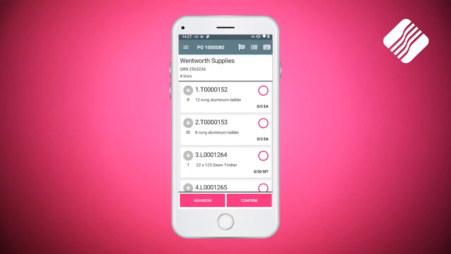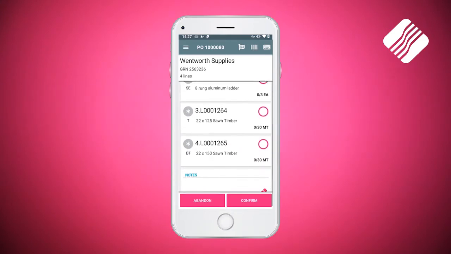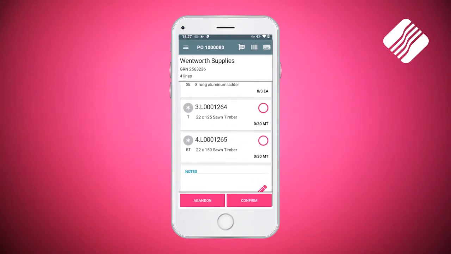and it will open up the purchase order number, of which you can see Wentworth Supplies, the GRN I've just typed in, and there are 4 lines. Below that you will see the 4 lines and the details, and on the first line you will see a little B to the left hand side, which indicates that this is a batch product. On the second line you'll see an SE, which is a serial product. The third line is T, which is tally, and finally the fourth product has BT,